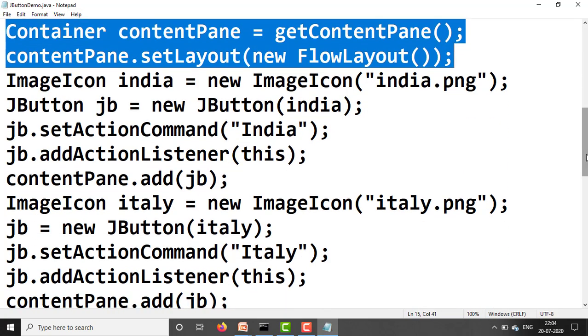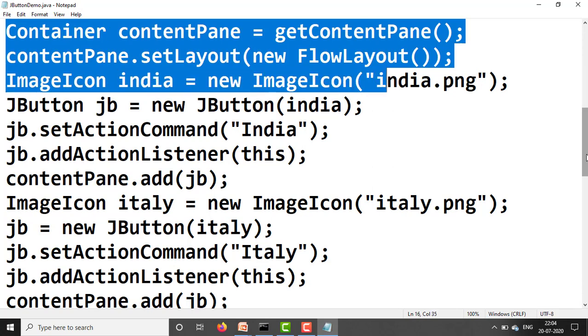Next, use the ImageIcon class. ImageIcon india equal to new ImageIcon("india.png"). This is the image we have stored in the same location where we have stored the Java file.